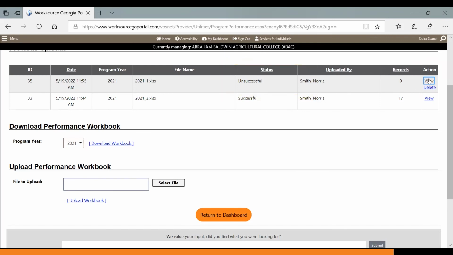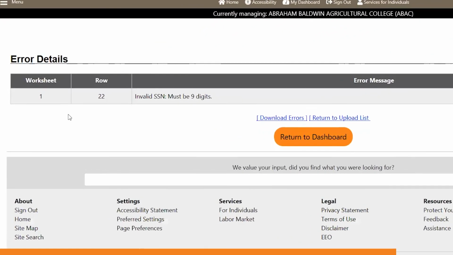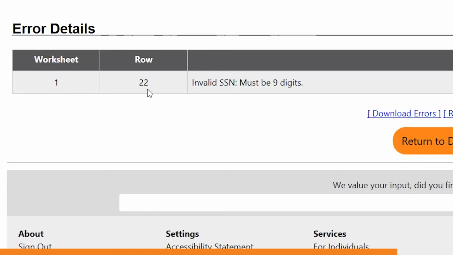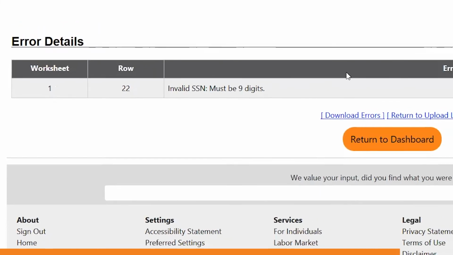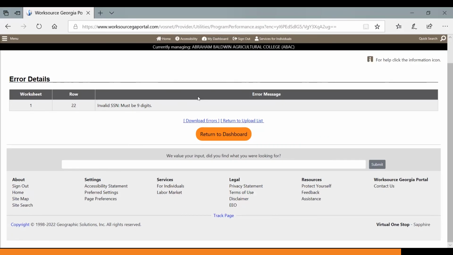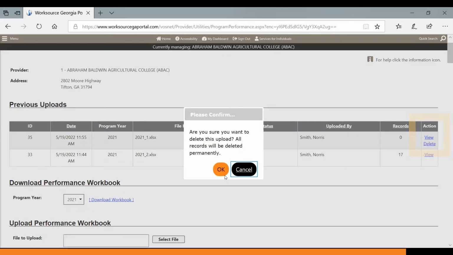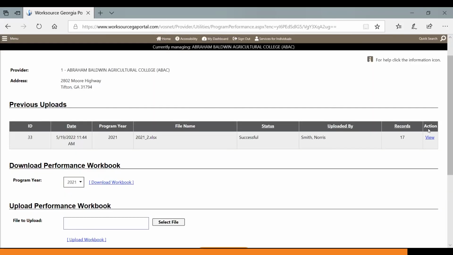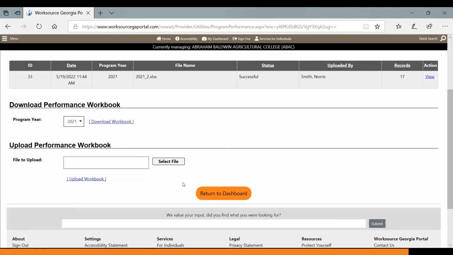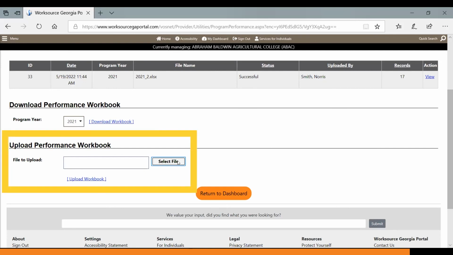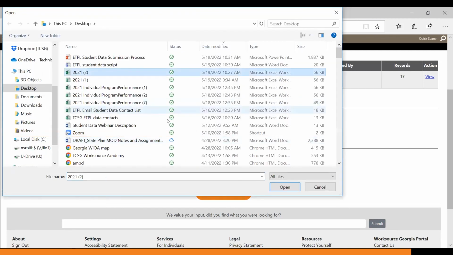So if you want to see what all your errors are, you would click View under Action. And here we go. It's saying under Worksheet 1, row 22, the social needs to be 9 digits. So we will need to go back into that spreadsheet and take that extra digit out. Let's say you want to return to Upload List. I want to delete that report. And then once you've corrected it, save it again on your computer and then upload the new file into the system. So you go there, I'm going to upload the new one